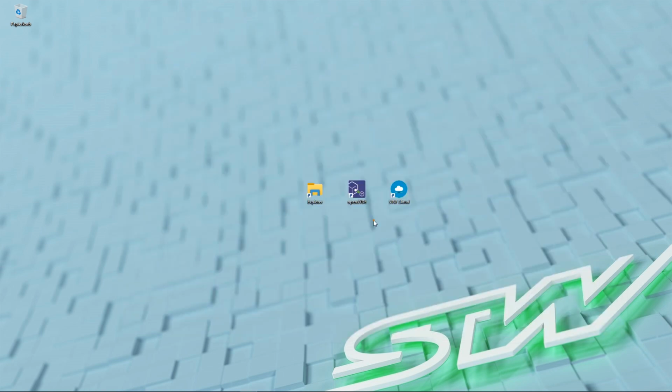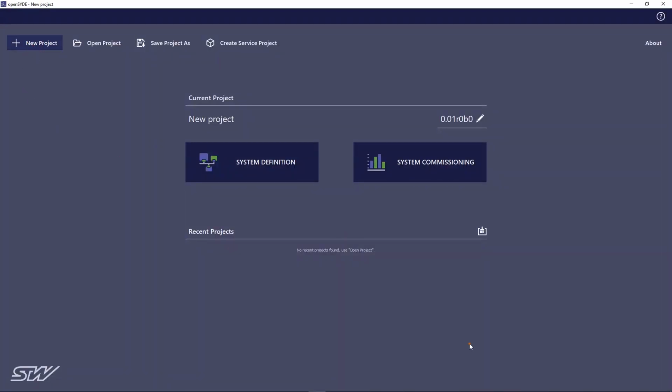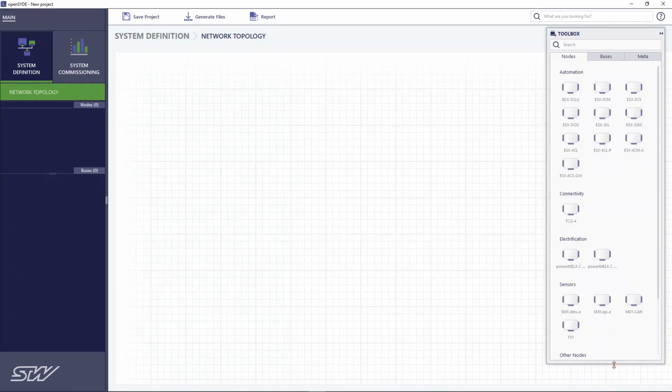The preparation of the whole programming project starts with the creation of an openSYDE project. We map the presented scenario here. We walk quickly through the steps of creating the project. This is presented in more detail in the video First Steps with openSYDE. So we create a new project